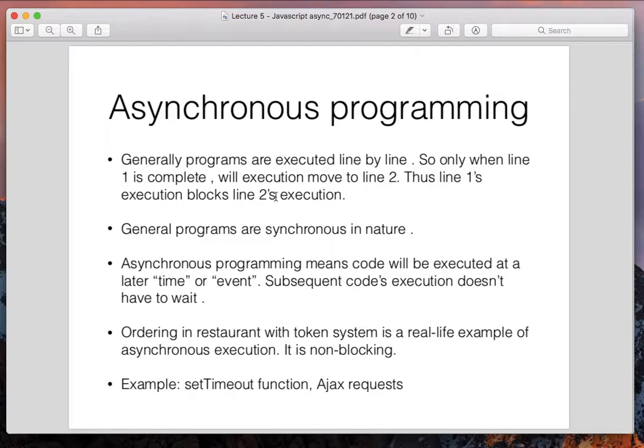A very good example to understand this is in the real world, in a restaurant, if there are 10 people ordering. The first person will order and the restaurant person will take the order, and then give the person a number, a token. Then the second person can order, and the second person will get the same, and then the third can order. So the order taker is not waiting for the first order to finish before taking the next order. The person is just taking all the orders, all the tasks that are given, and then executing them